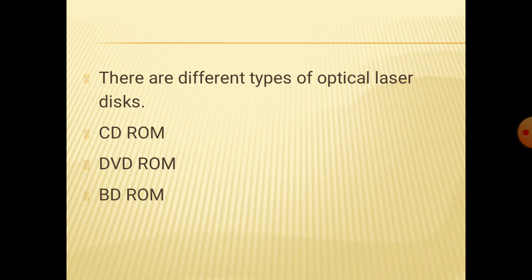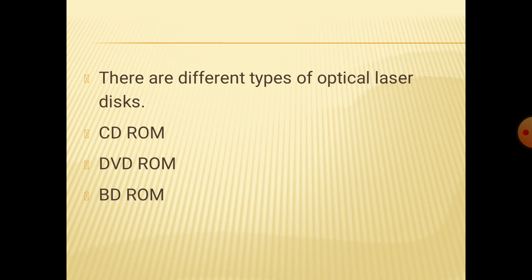In earlier days we used to call it video, but nowadays we call it versatile, because earlier DVDs were made only for movies. As it was used to store videos, the expansion was digital video disc. Now it can be used for all purposes, so we call it digital versatile disc.